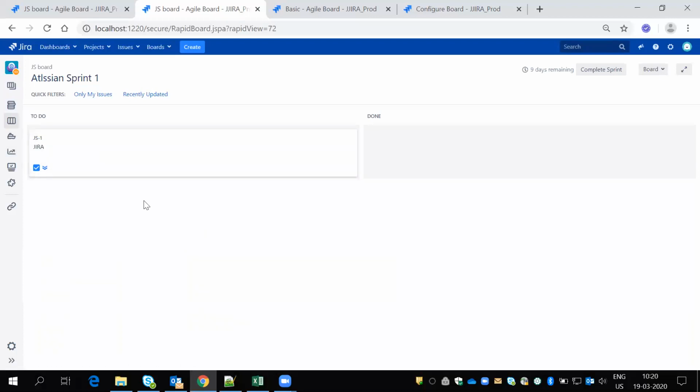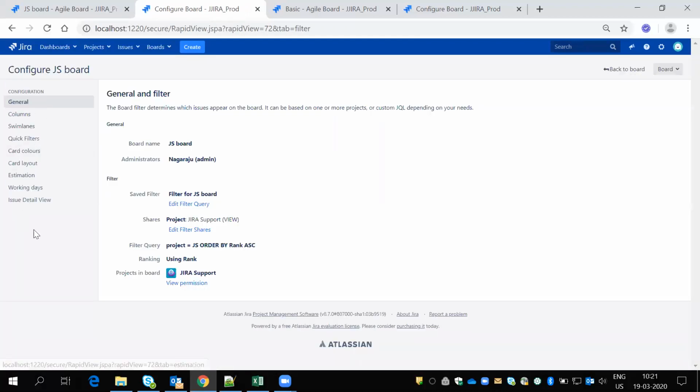And as per our Jira work, we need to create that project. We need to create the project configurations, like what issue types they want and what workflows, schemes, field configurations, permission schemes, notification schemes, and versions and components. The project administrator is able to create it. That is not our work. And next, once they create projects, we need to work on the board configurations. So for these board configurations, if they want anything related to these options, like any quick filters, card layout, estimation, working days, or quick filters, same lines.